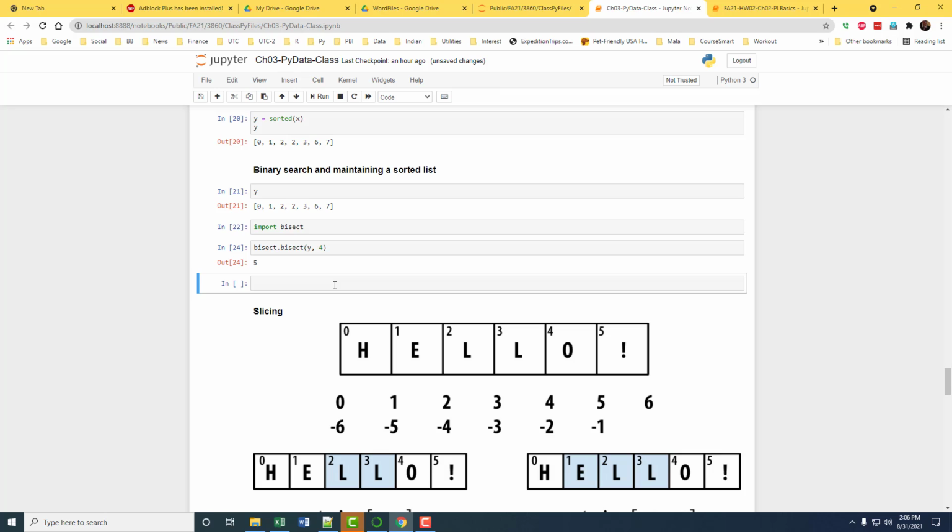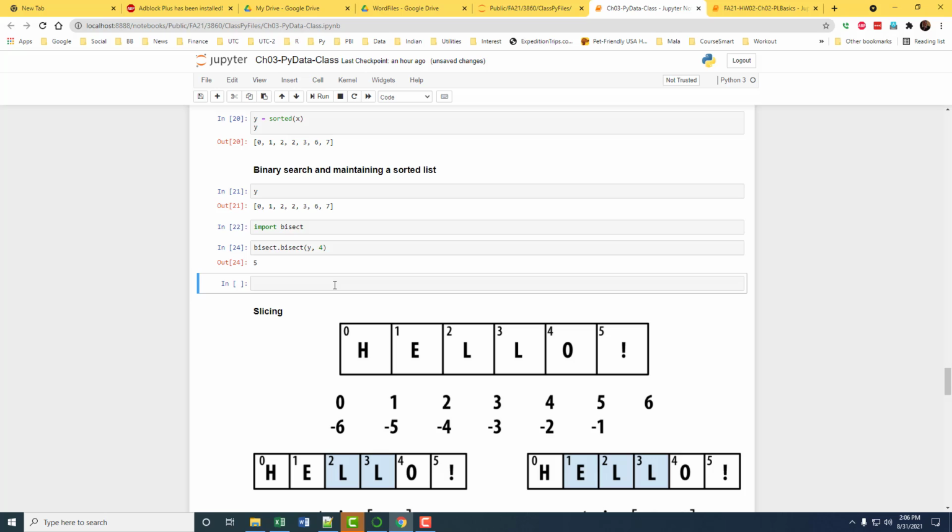So 0, 1, 2, 3, 4, and then 5, which is the 5th index position. That's where 4 will go without disturbing the sort order.